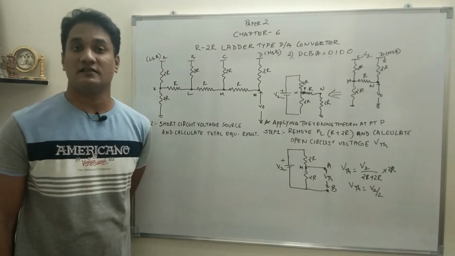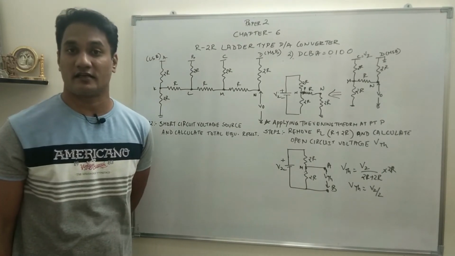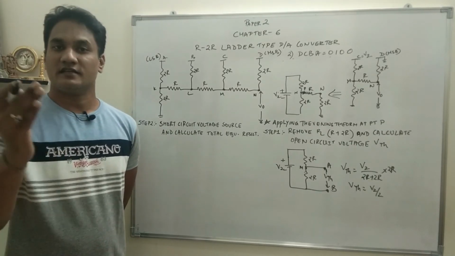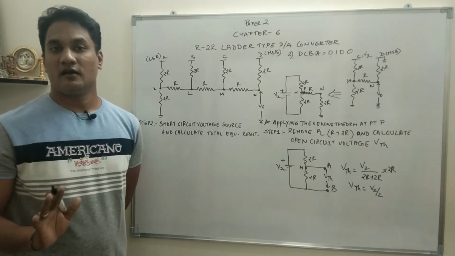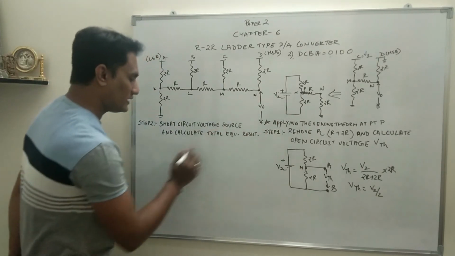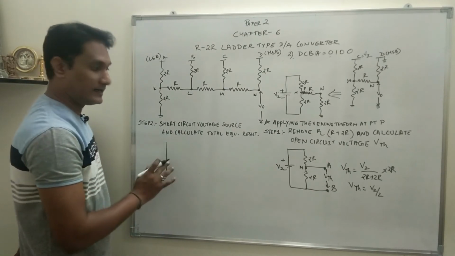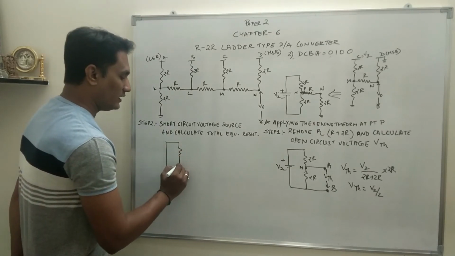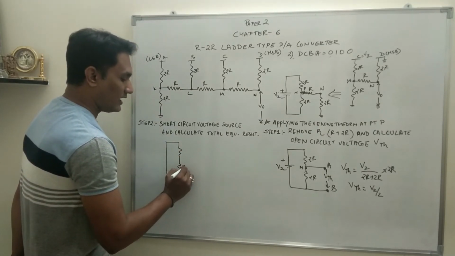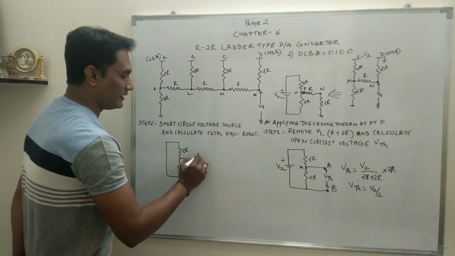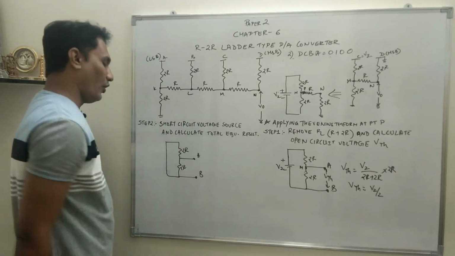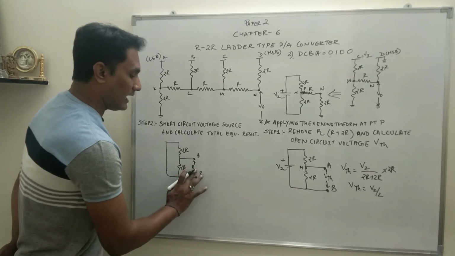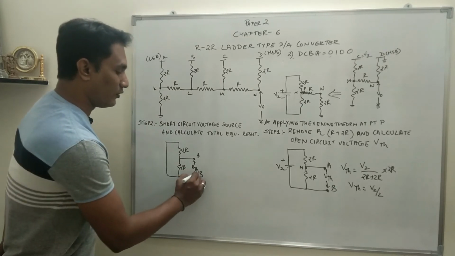Whenever you measure resistance of the entire circuit in an electronic circuit, you should always short circuit the voltage source. Short circuit the voltage source, that means just remove the voltage source and connect a wire between those 2 points. So we remove this voltage source and just draw a straight line, and there will be 2 resistances of 2R and 2R between point A and point B. Now we have to calculate the total equivalent resistance, that will be RTH between point A and B.